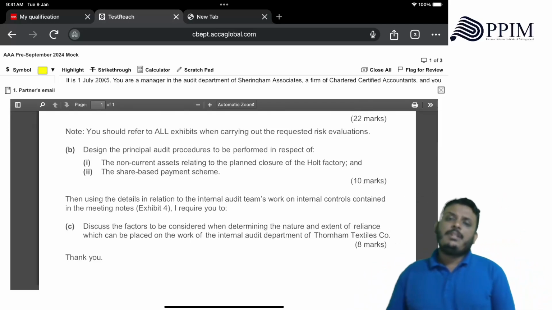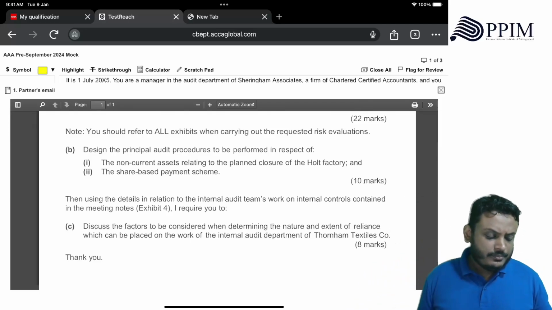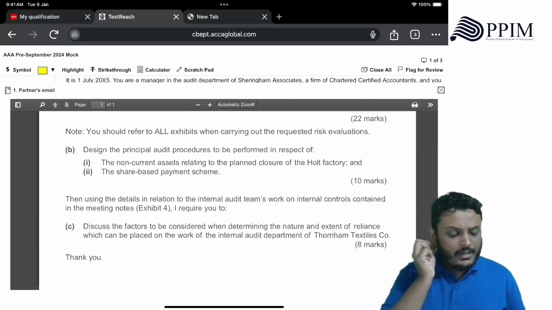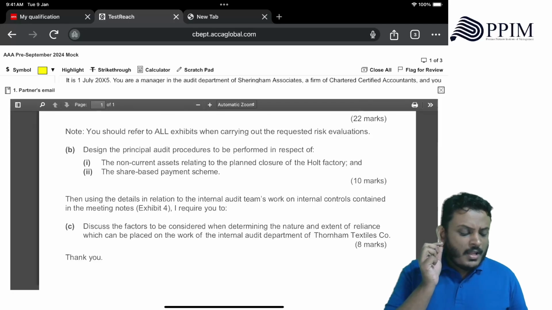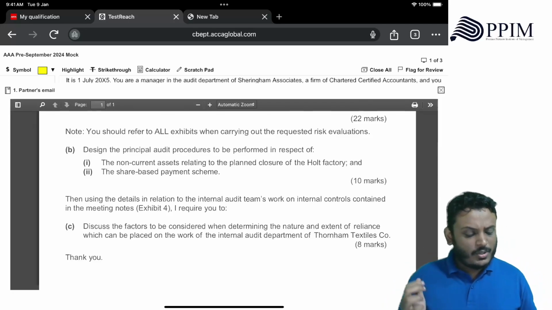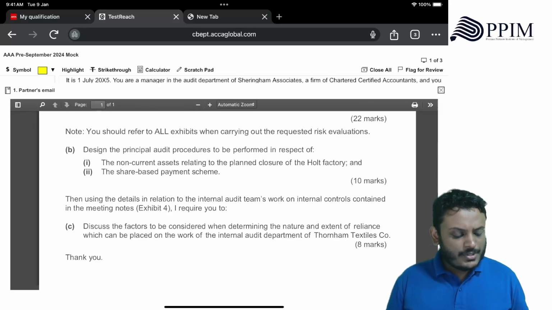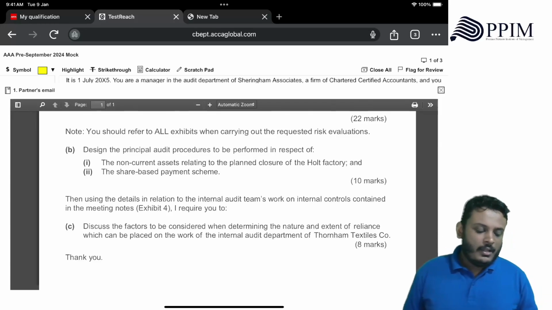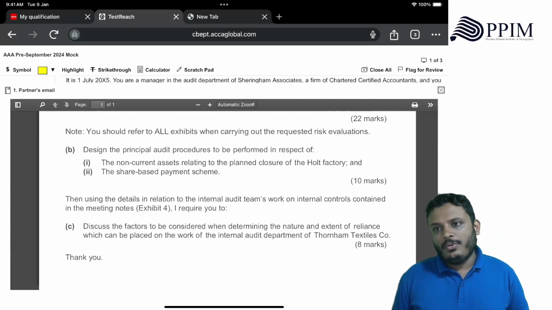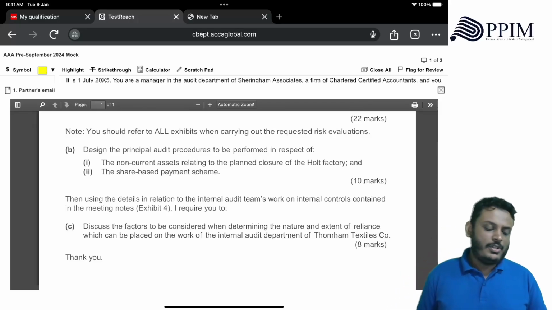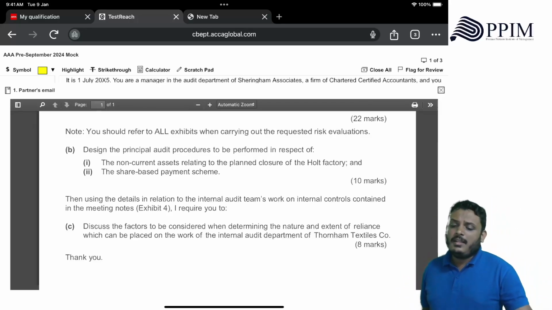And the share-based payment scheme, again IFRS 2 to be applied when you are writing audit procedure. So in the advanced audit paper, when you are getting a procedure question, don't forget to apply the standard to that particular procedure question. And if you look at answer C, question C,